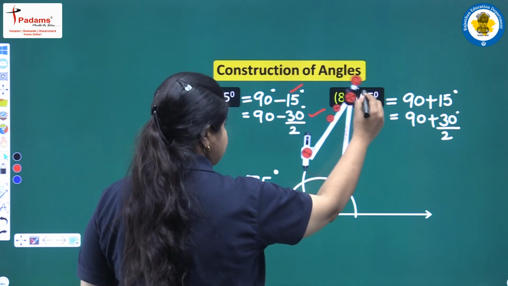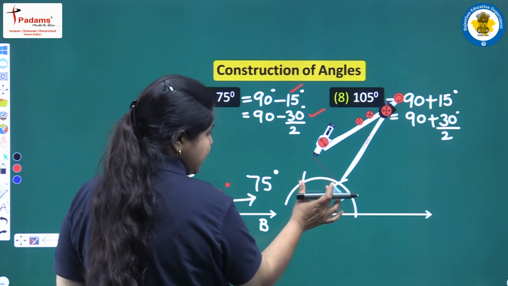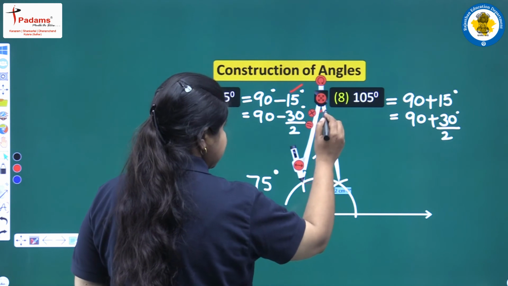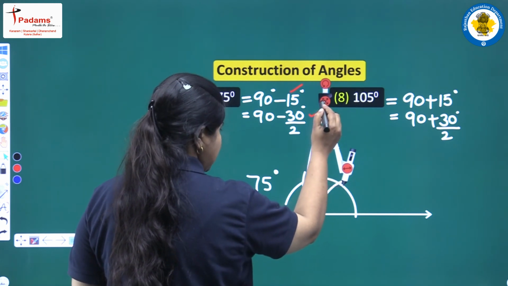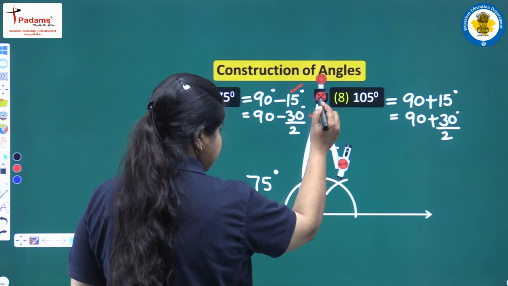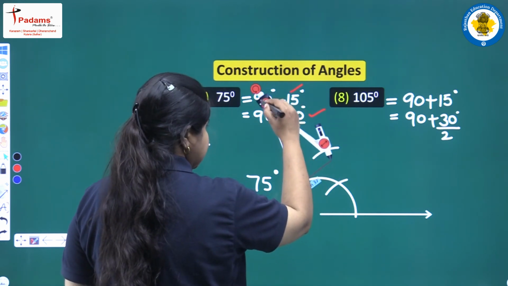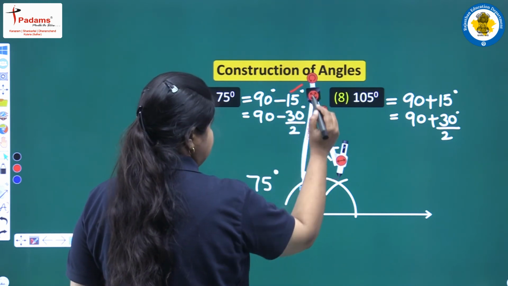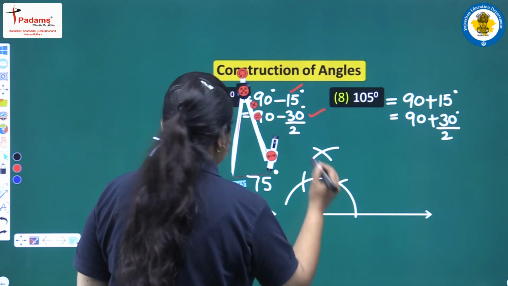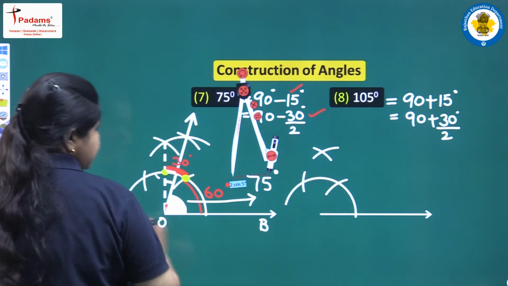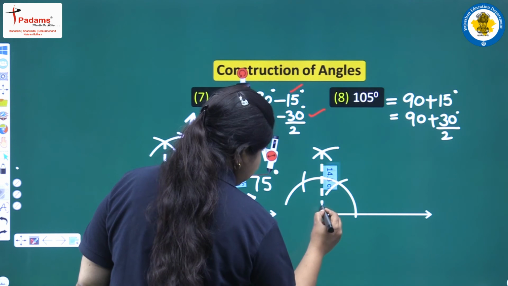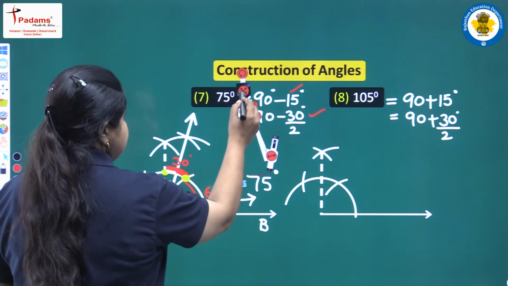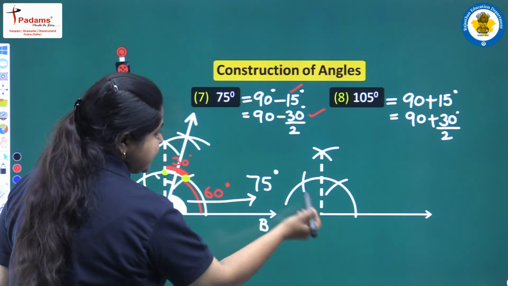Again, to get an angle of 90 degree, we will be bisecting this center angle of 60 degree. So here again we will draw an arc, and now with the same radius and keeping the center at this point, again we will be drawing an arc in this way. Let us keep it aside. This will give us an angle of 90 degree. Let us join these 2 points. So here we have this 90 degree with us.